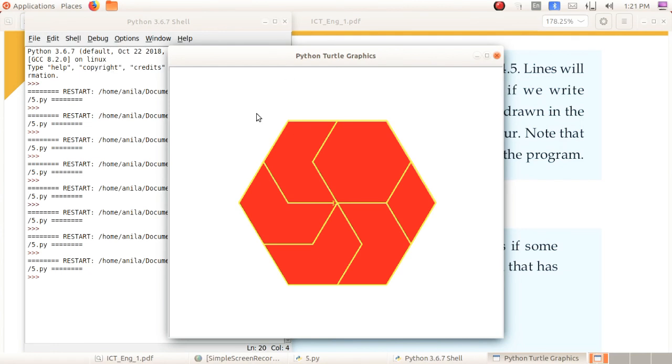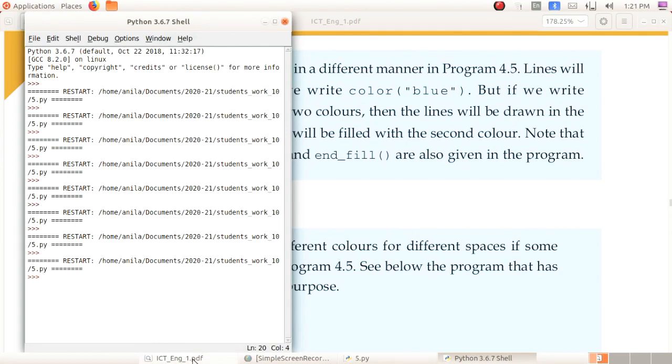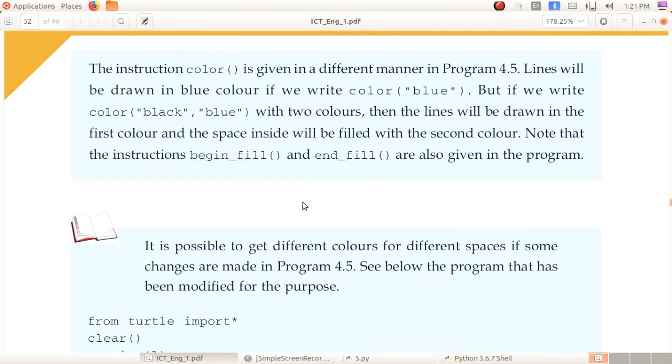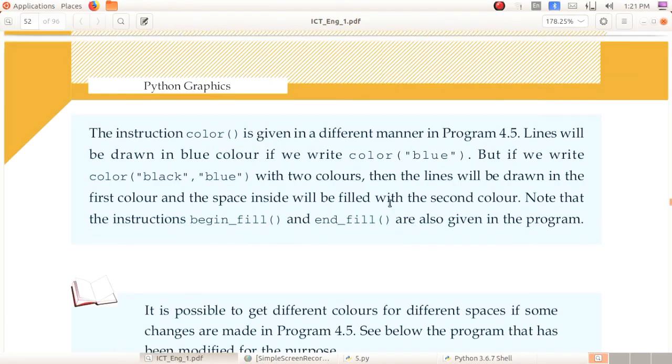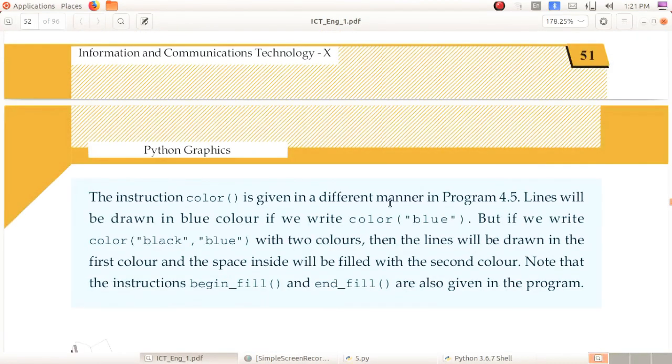Okay, we will get a pattern like this. So not only for squares but for all the shapes we can give the patterns and we can give the colors also. I hope you all found it interesting to do this in your practical session.